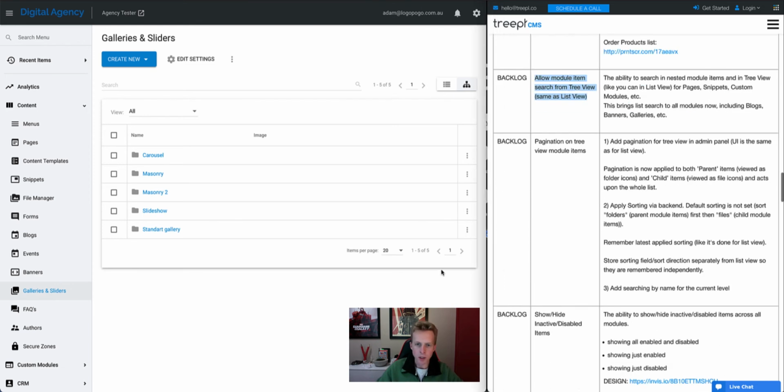And so, as I mentioned, the pagination, that's the second item here. But pagination applies to the tree view as well. And within that, the sorting of column headings is applied for tree view as well. And that's remembered in a different state to the list view. So if you sort the list view in a certain way, the admin will remember that,